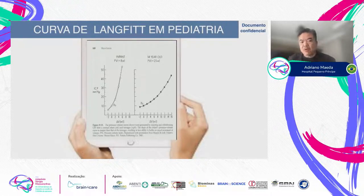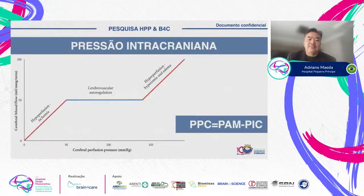So what happens is the person is doing well, feeling good, and then all of a sudden they might have a seizure or have a cardiological decompensation, because little children also have bradycardia or altered consciousness. So children have this unique feature. After 14 years of age, they are more or less similar to adults, where compensation takes place and then there is a decompensation that's slightly later in the case of intracranial pressure. Moreover,